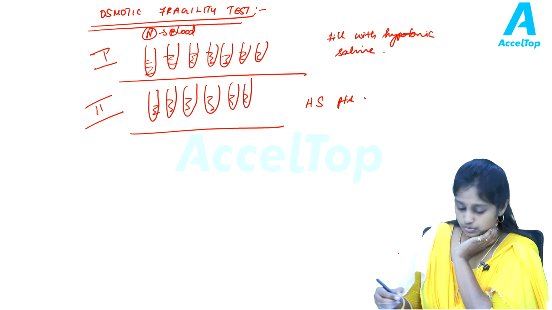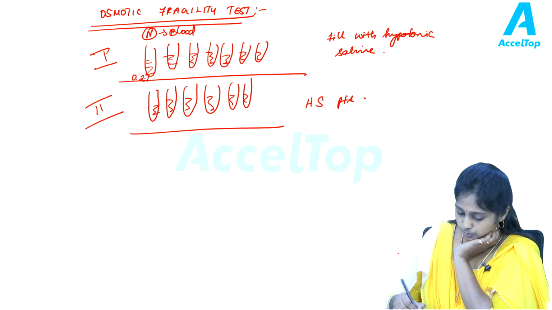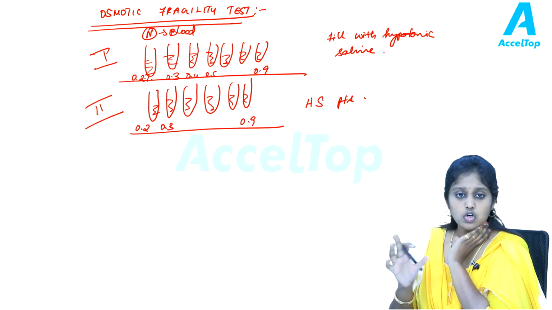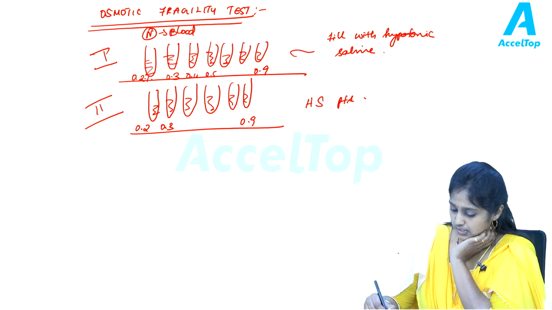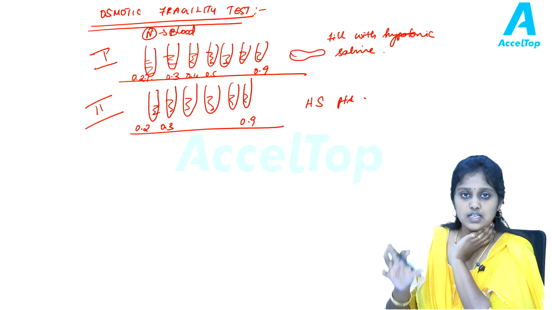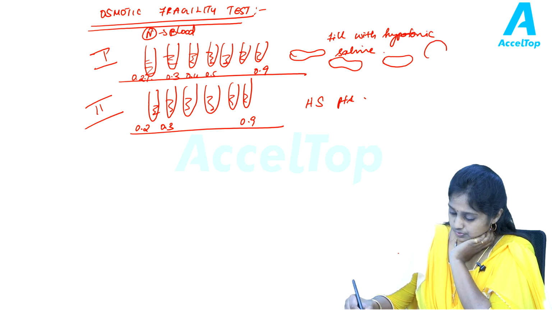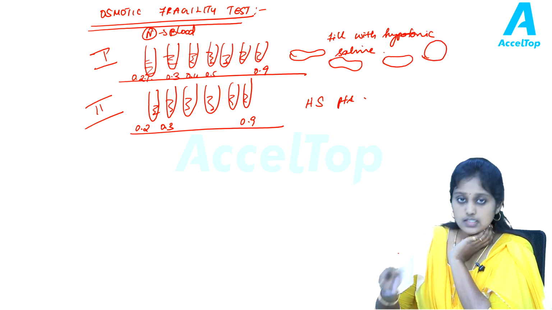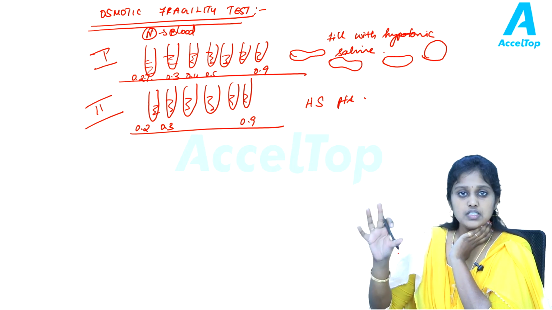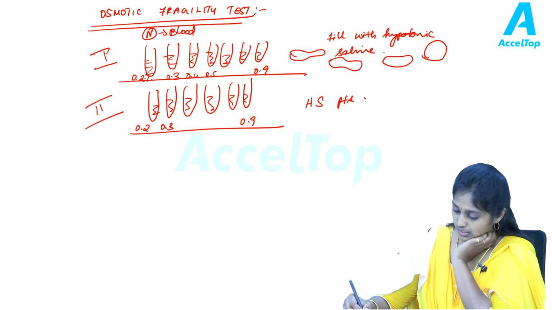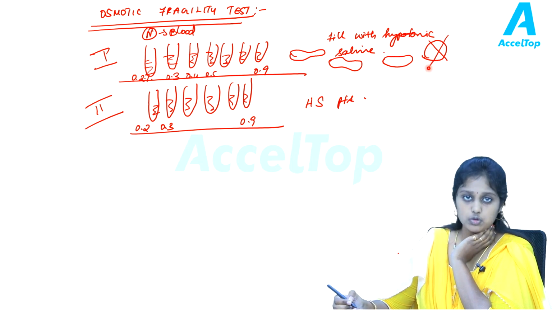And the different range of these hypotonic salines, it's 0.2%, 0.3, 0.4, 0.5 up to 0.9. The same thing continues here, 0.2 to 0.9. In normal person, the normal shape of RBC is biconcave shape. So when this hypotonic saline solution enters into the RBC, these RBCs gradually get swollen up. It takes longer time for the normal biconcave RBC to become spherical in shape, and finally these RBCs get ruptured, that is they get hemolyzed.